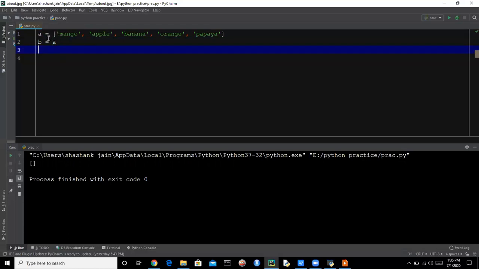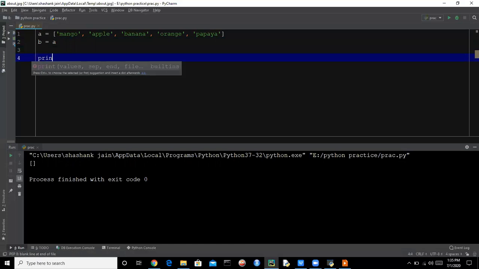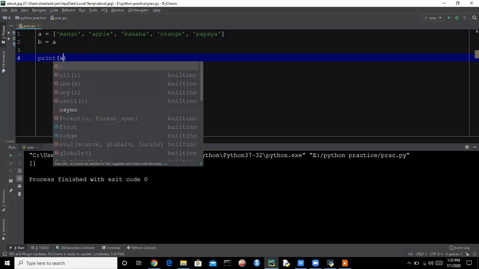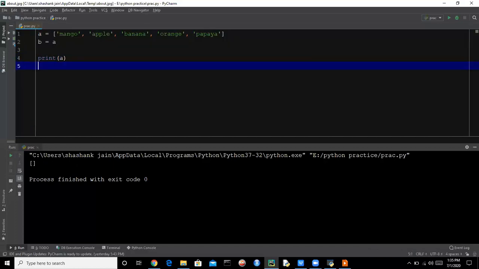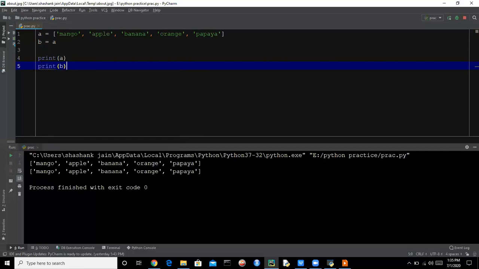You can just assign the list A to B. So here we are creating another variable B and we are assigning the list A to B. So if you print A and if you print B, let's see, we are having the same list. So here we can create a copy of a list like this. But what if we want to see the address of these two lists?